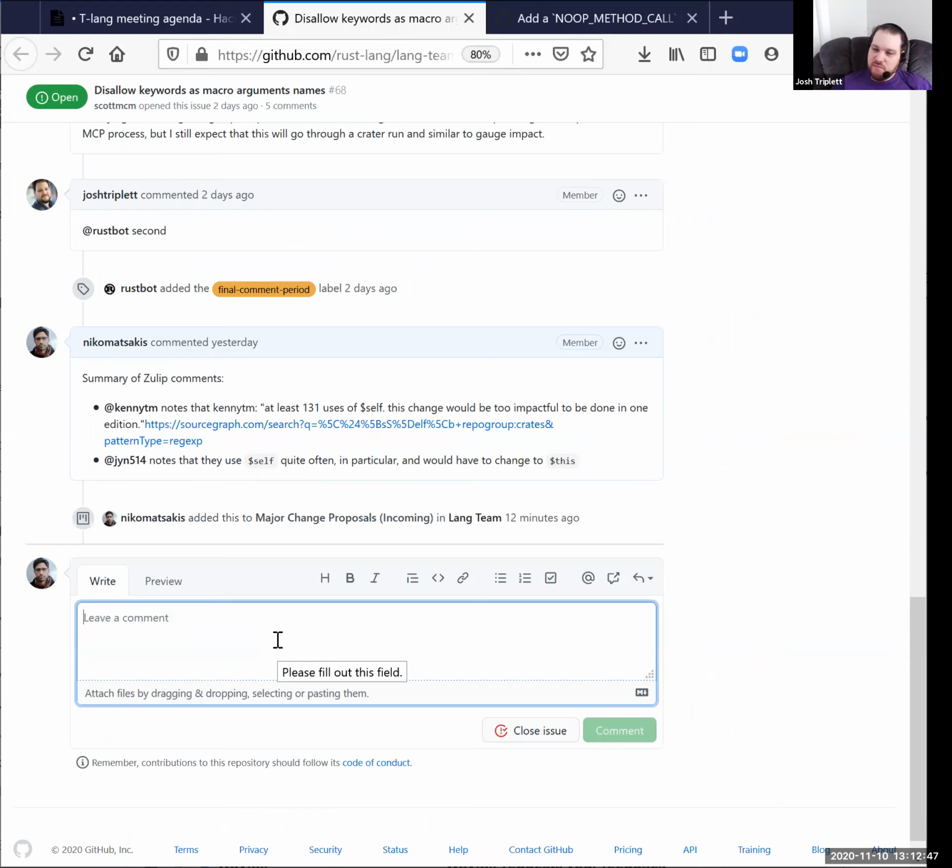And then that led to the point that you can actually use $self as just a generic macro argument name today. There's no prevention of using a keyword. You can't use $crate, that one's prevented, but you can use $self, $super, $if, $for.